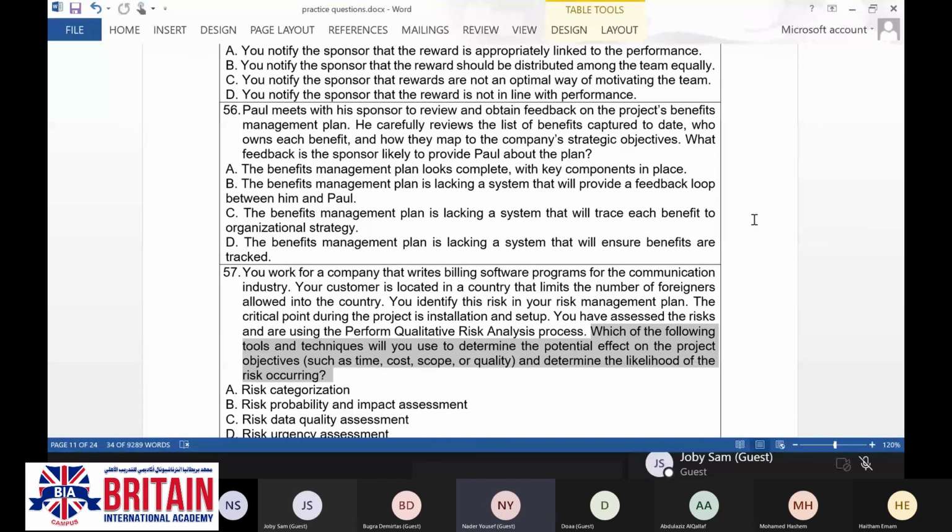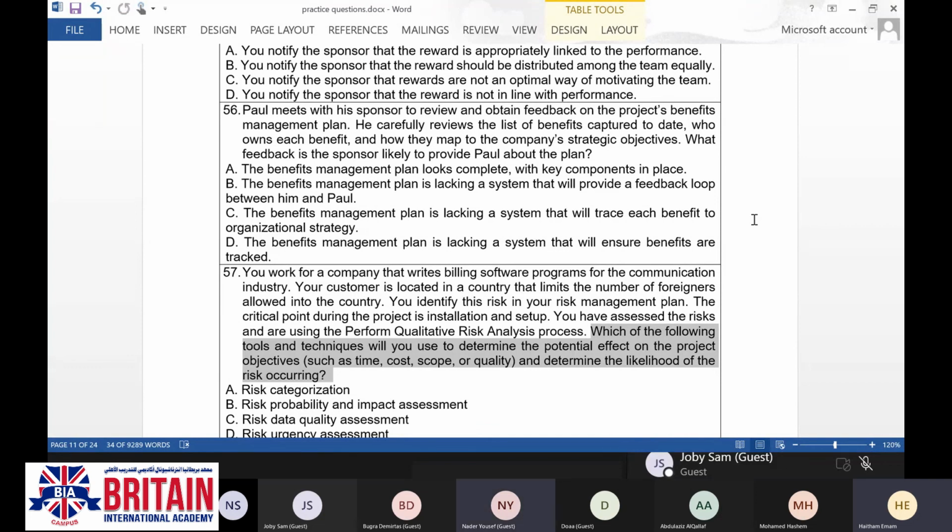It's related to probability and impact assessment. If it is likelihood, and determine the likelihood of this risk occurring, so it's about probability. Yes, risk probability and impact assessment. And why have you selected this one?